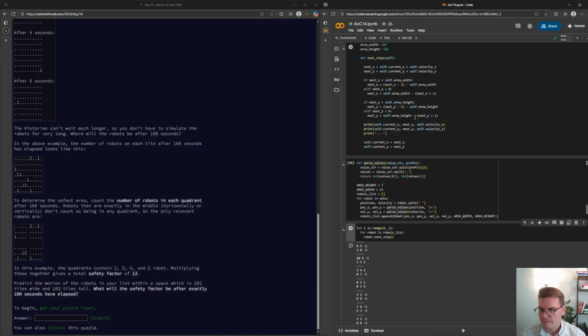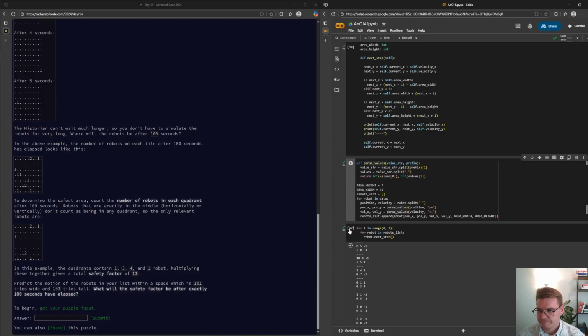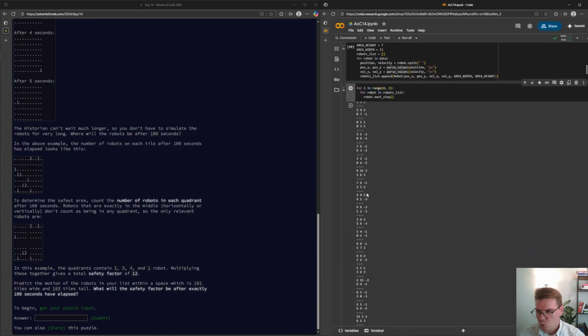To be, no, wait, how? Next y. So it would be -2, but it's too small. So it will get self area height, which is 7. So then it would be minus, oh, yes. This needs to be pluses. Yes. Now everything should make sense. If we try to find here the one with O, and yeah, that looks more like it.